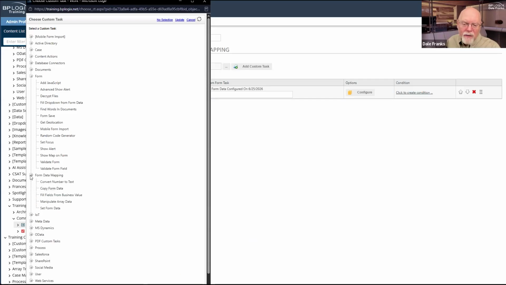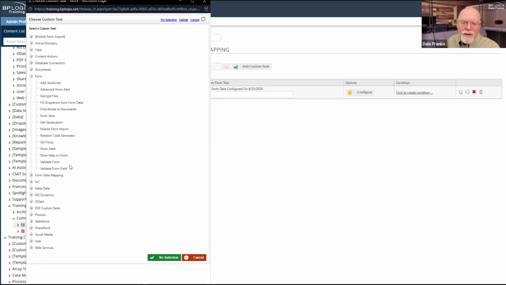Nope, there's only 5 in form data mapping anyway. So form is the big one here. Some of these custom tasks simply can't be run in the context of a process timeline. The reason is because I need to actually be in the context of the form as a custom task. I'm making myself a custom task now, I guess.